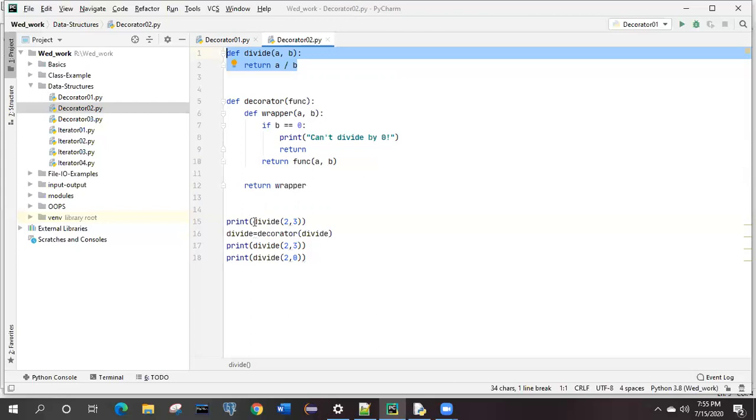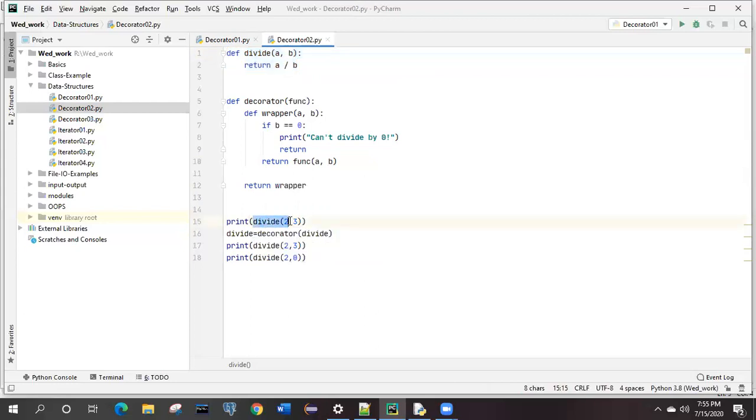So this is the function, divide, and it is getting called with the arguments 2 and 3. So 2 divided by 3 is going to be returned from this function, correct? Here, if you see line number 15, we are not making use of any decoration till now, right? We are simply calling the divide method, which is going to return the result.